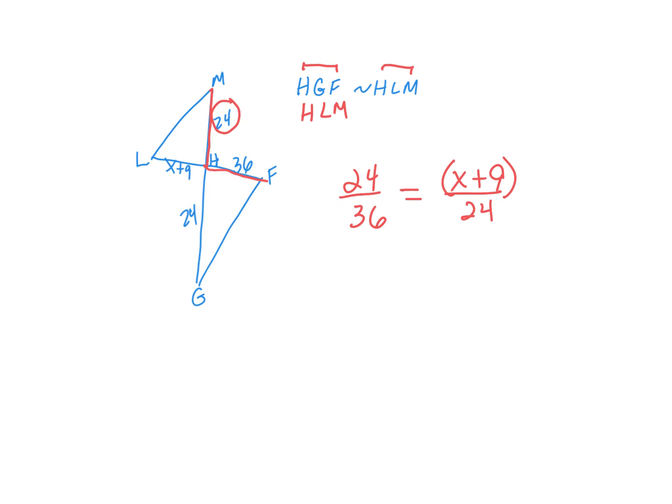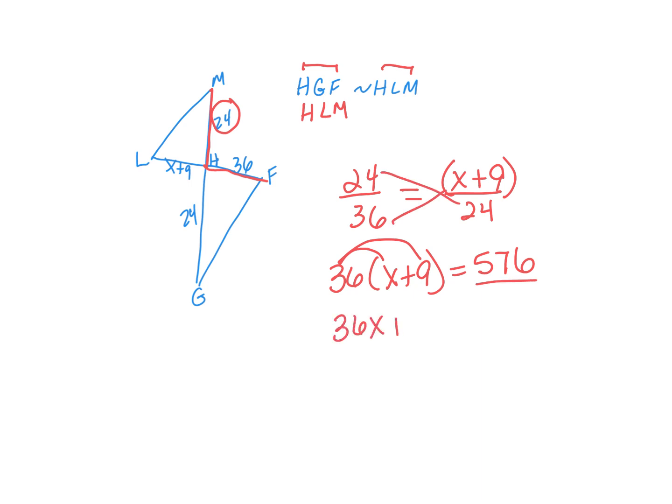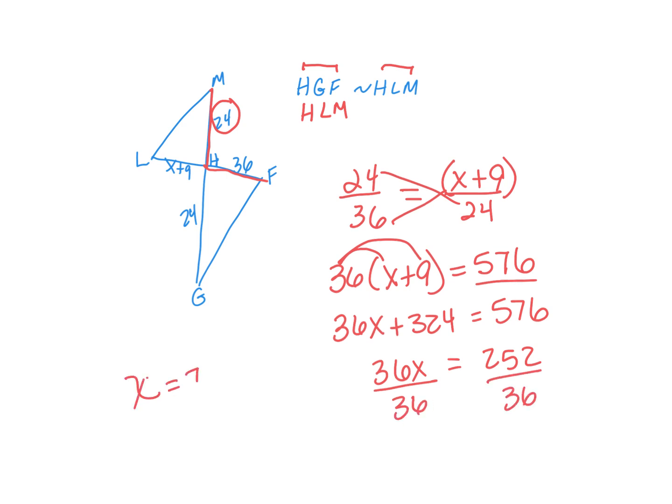So when I cross multiply, I want to do this step first. You guys are going to make mistakes if you don't do it. Write out the 36 with the parenthesis and make it equal to 24 times 24, which is 576. And then we're going to make sure we distribute that 36. Now 36 times x is 36x, and 36 times 9 is 324, and that equals 576. Now I subtract the 324 from both sides, and 576 minus 324 is 252, and you can verify that if you want to. And when you divide by 36, you get that x equals 7,